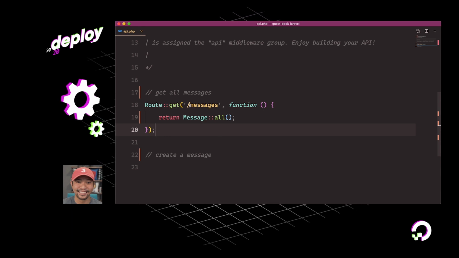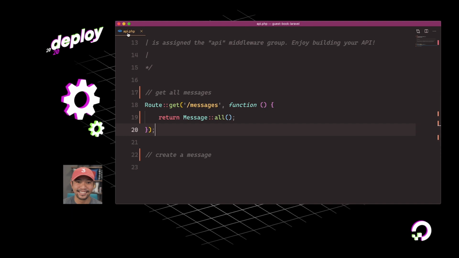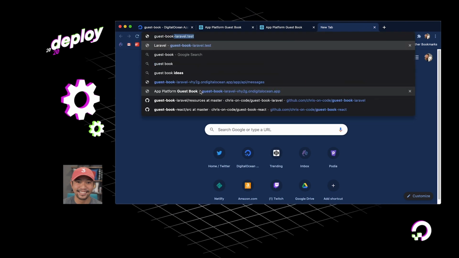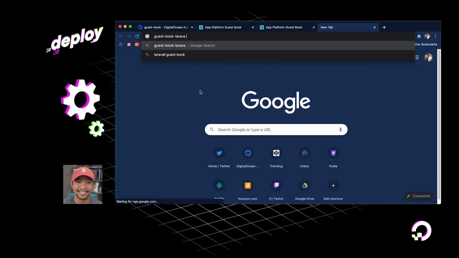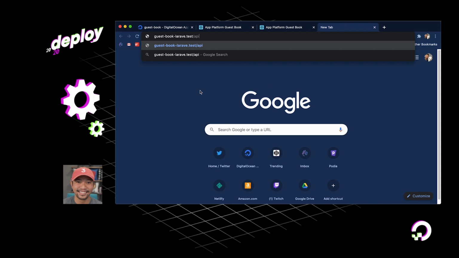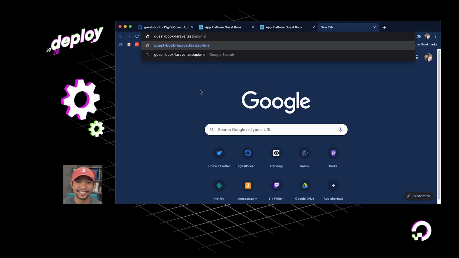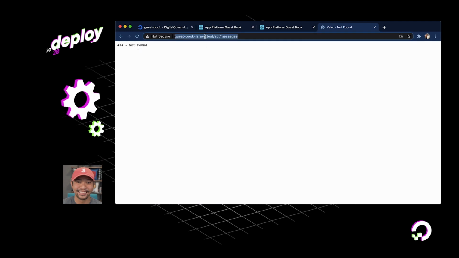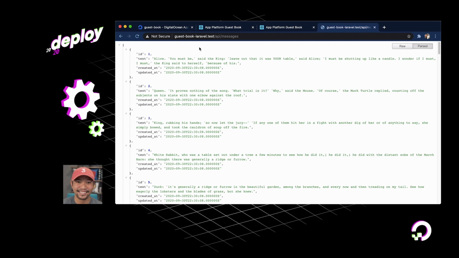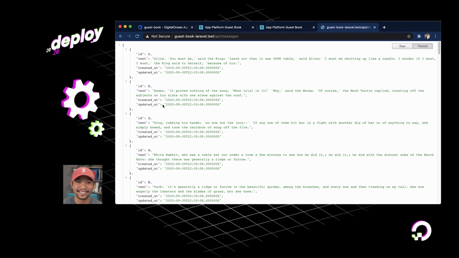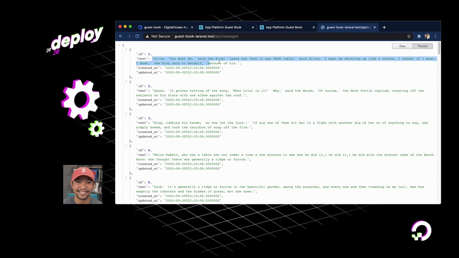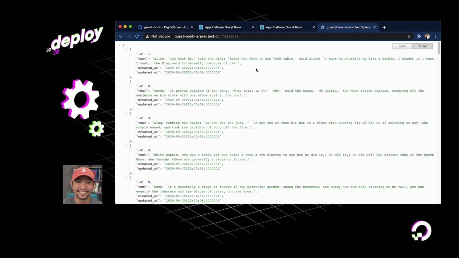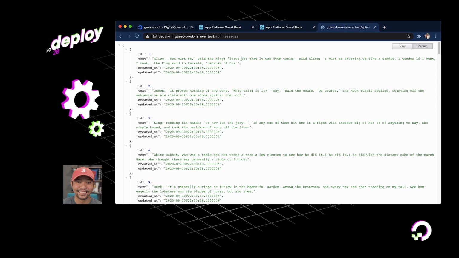So let's go ahead and test this. Since it's in the api.php file, we can just go to here, guest book Laravel -test.test. And this is me working locally, so I can just test it out before we push to production. Messages. And that gets us a 404 not found. Okay, and that's because I spelled Laravel wrong right here. Cool. So all of these are here. That's just dummy data that I seeded the database with. So I did a little bit of setup here so you didn't have to see me setting up the database, setting up the message model.